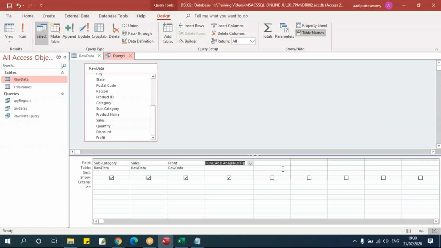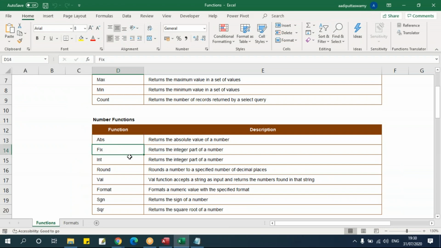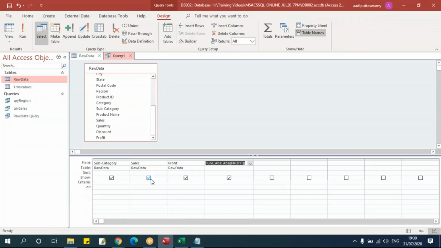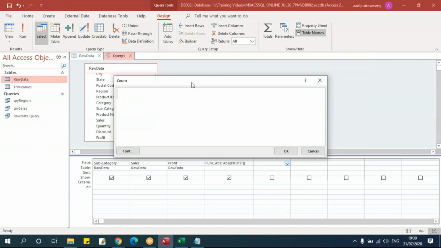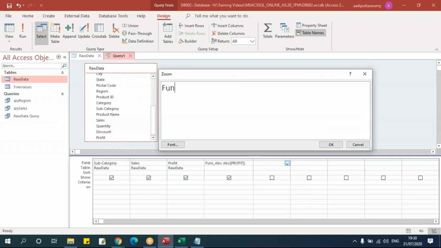Let's try one more function here. Say I have this Fix. Fix means it will give me the integer part of the value. Now suppose if you want to take that Fix function, instead of typing here, I'll right click and say zoom, go here. I'll say function_fix is the column name, that is the alias name.